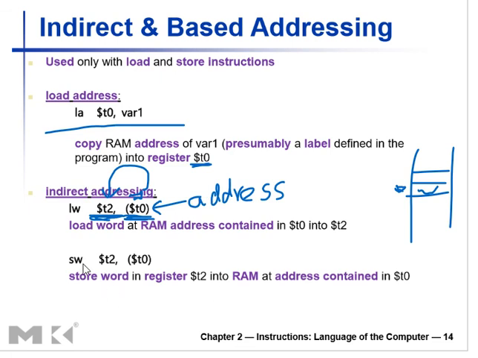Okay, so what is the meaning of this store word? So the register T0 contains a value. So this value is loaded onto this address. Register T0 is an address. It contains an address. How do I know? I put it in a bracket. Is it? So if you have a memory location and this is the address, you put the value of register T0 in that address. So that is the meaning of this indirect addressing. Okay, so this is the idea of indirect addressing. In our next practical class, we will be practicing this indirect addressing, load word and store word in detail.